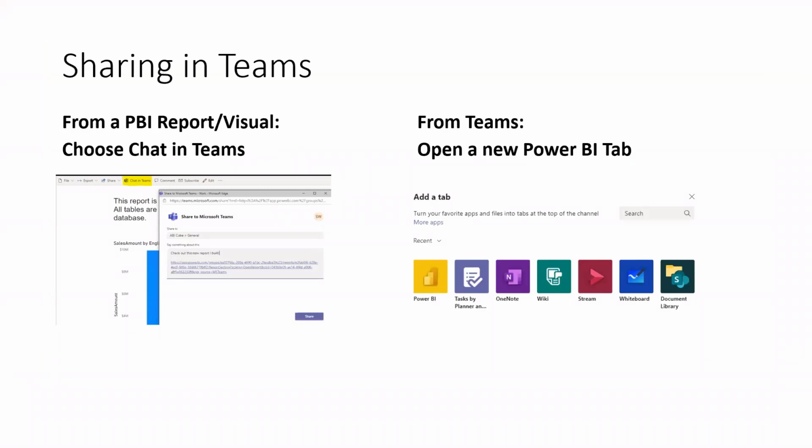You can open a report, click on chat in Teams, and off you go. It will publish it to your channel, and everybody will be able to see it. Again, this does not give permissions. People must have permissions already, or you can